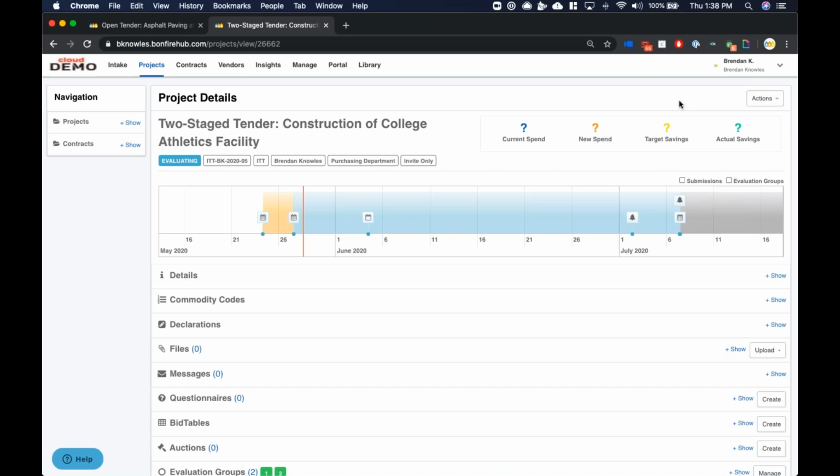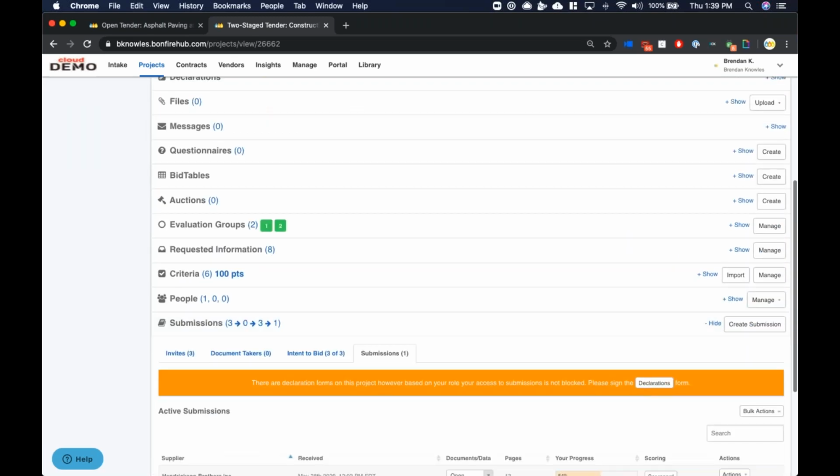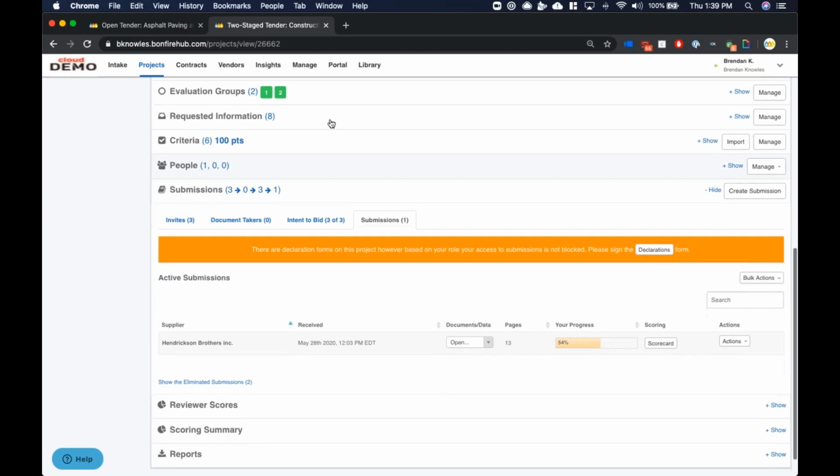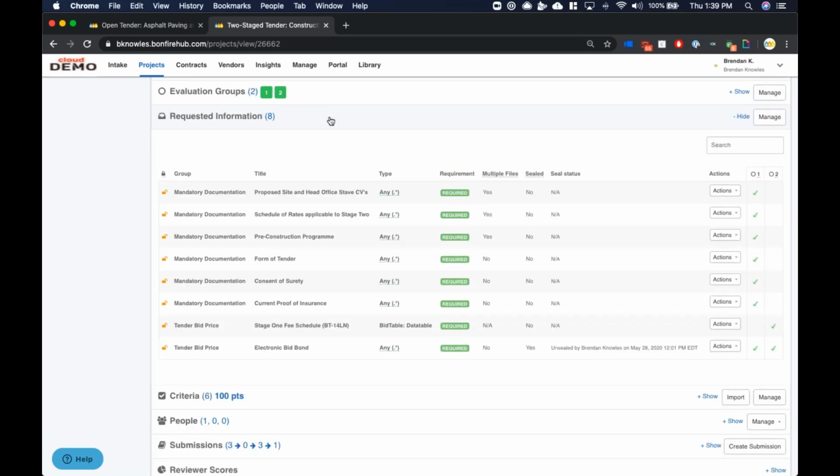Yeah, perfect, Rach. So I'm actually having a bit of trouble getting that set up. Suffice to say, the reopen feature is something that you can leverage, and functionally what it allows you to do is to reopen this project for a second open phase, during which you would be asking this particular vendor, maybe Hendricks & Brothers, who is the preferred vendor for the rest of the project, to provide additional project information. You might be asking for a confirmation of a fixed rate for the rest of the project, information like contract conditions, essentially anything that's required for that second stage in the project.